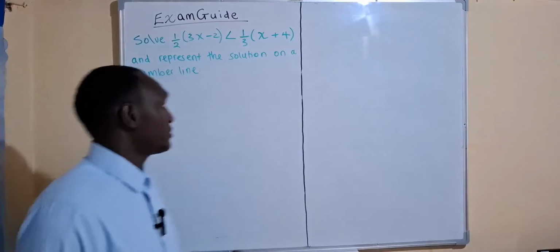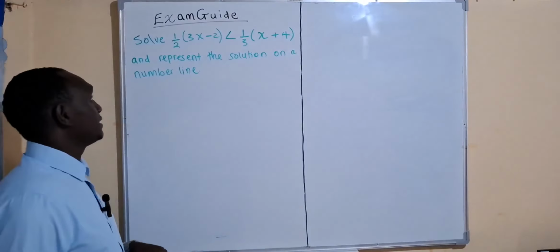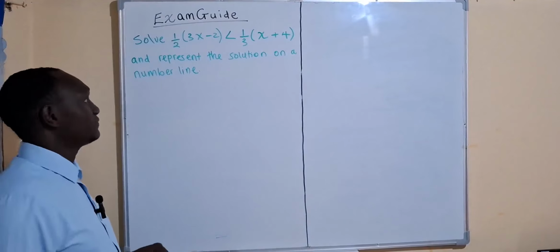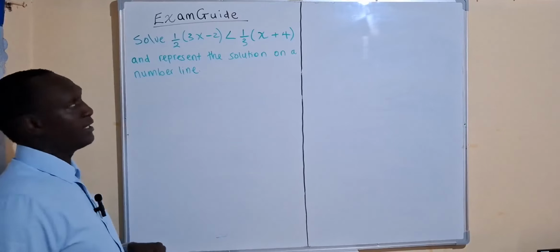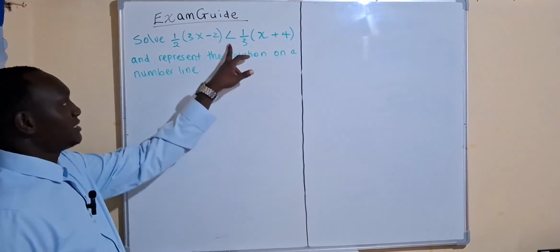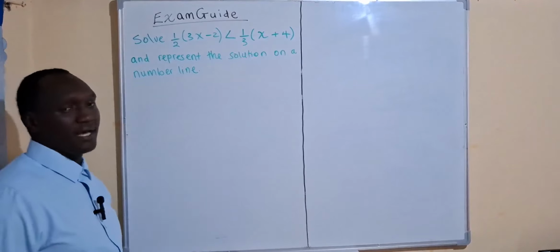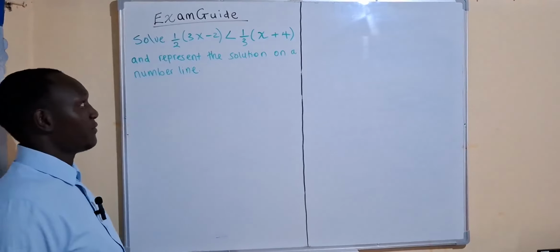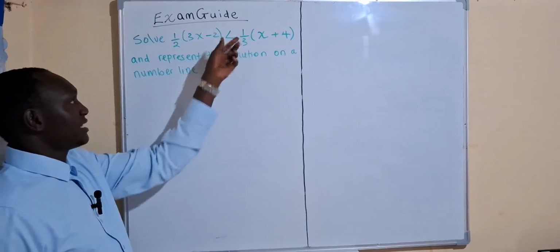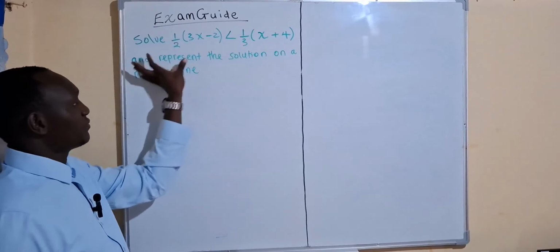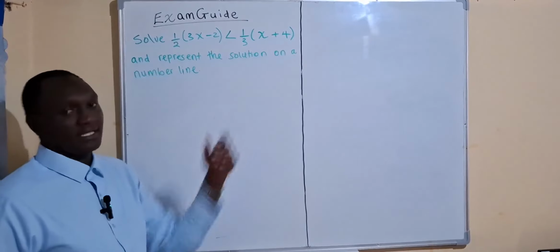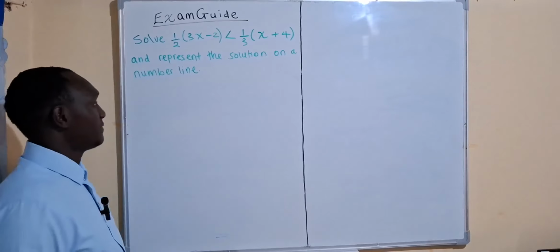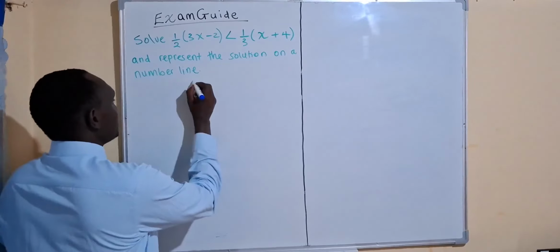And the question we have received today is telling us to solve (1/2)(3x − 2) < (1/3)(x + 4). This symbol means less than. It tells us that this side of the inequality is less than the other side of the inequality. And the solution would be,